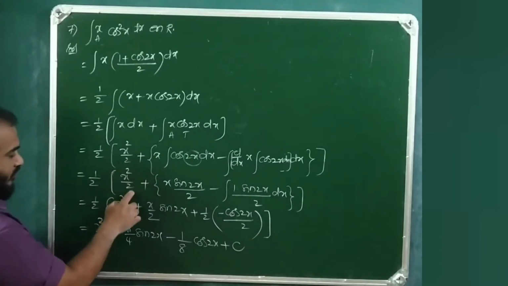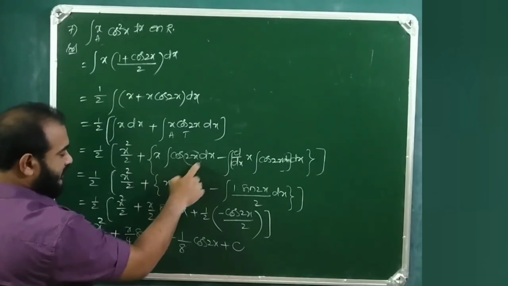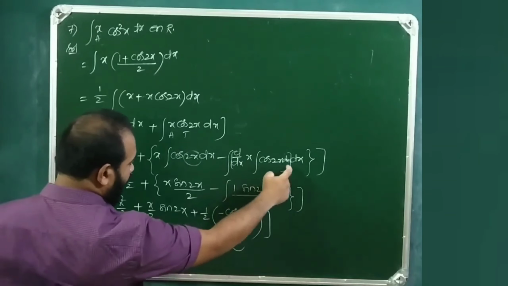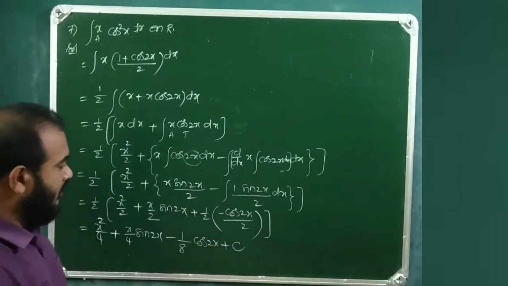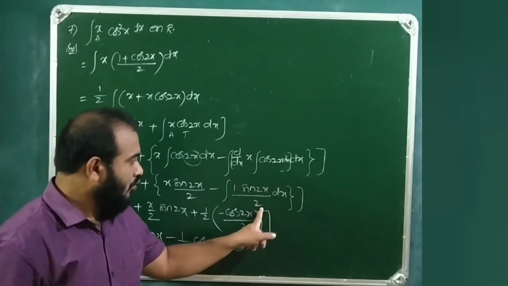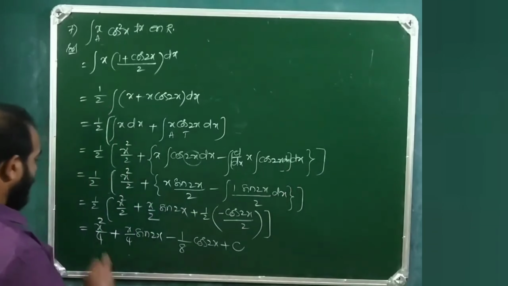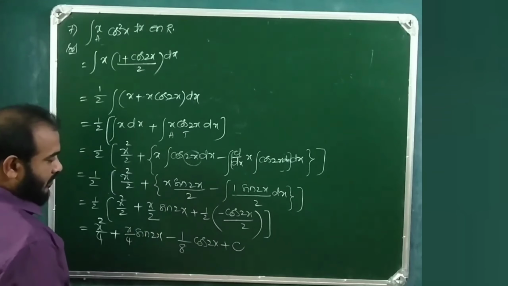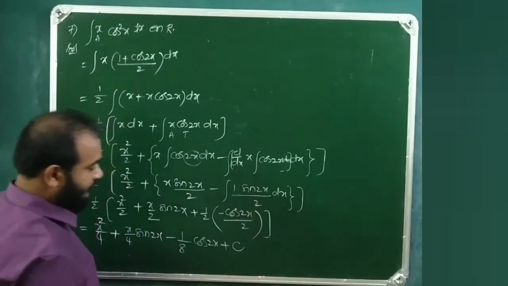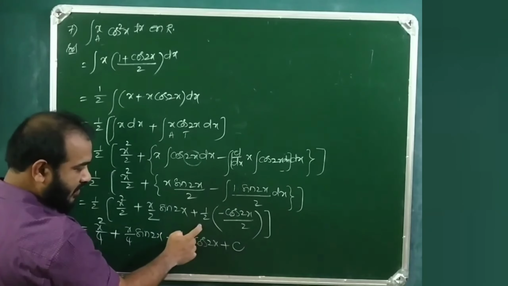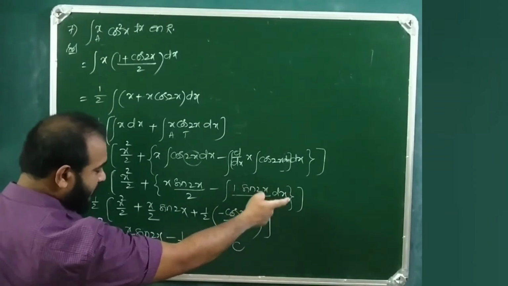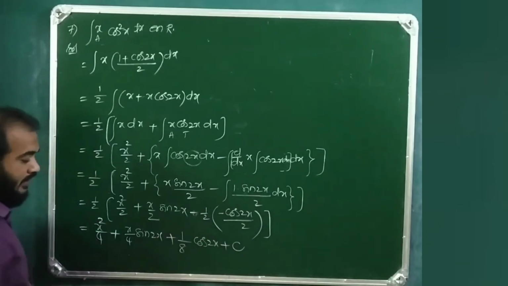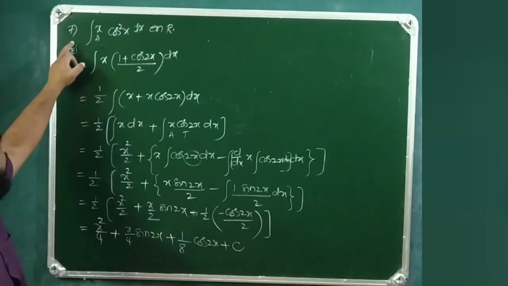So this is x square by 2, x integral cos 2x is sin 2x by 2 minus d by dx of x is 1, integral cos 2x dx is sin 2x by 2, this dx is this. So 1 by 2, x square by 2, this is x by 2 sin 2x. Integral sin 2x is, here 1 by 2 I have written here, integral sin 2x is minus cos. So this is minus of this minus, so this will be plus in the case of integral x cos square x